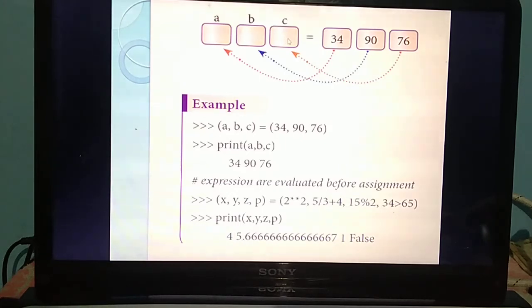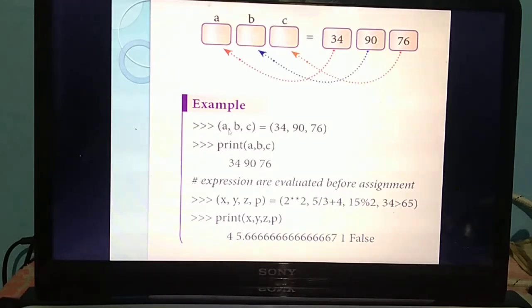See, here there are 3 variables assigned. How many variables? 3. A, B and C equal to 34, 90 and 76. What's the meaning of this one? The value 34 is assigned to the variable A, 90 is assigned to the variable B, and 76 is assigned to the variable C. Understand? Listen.